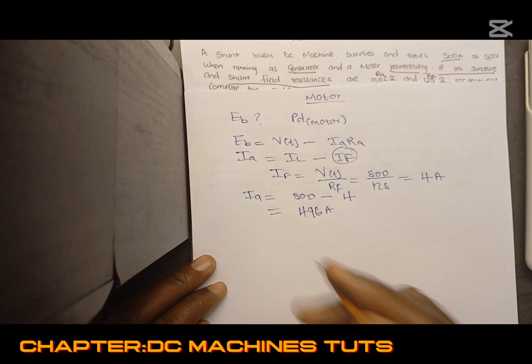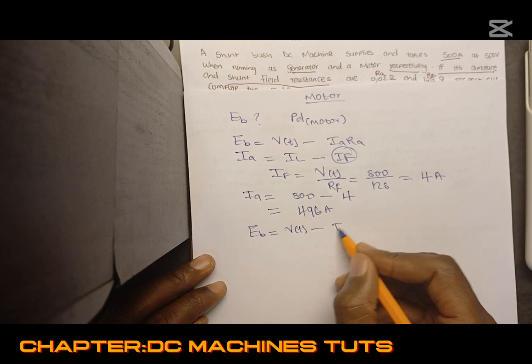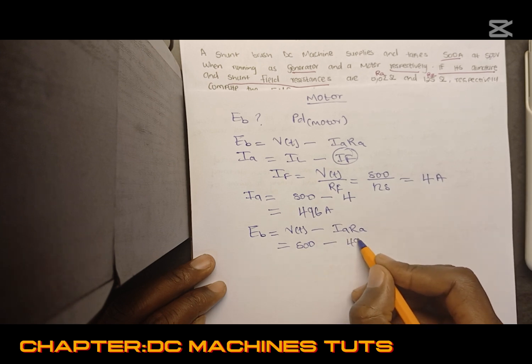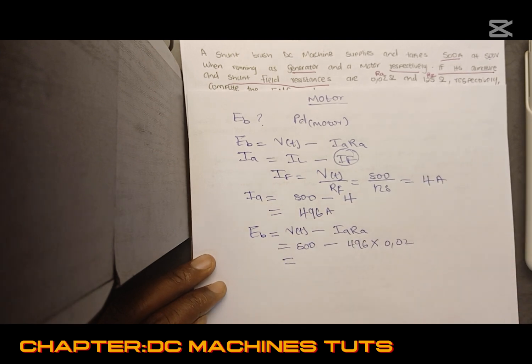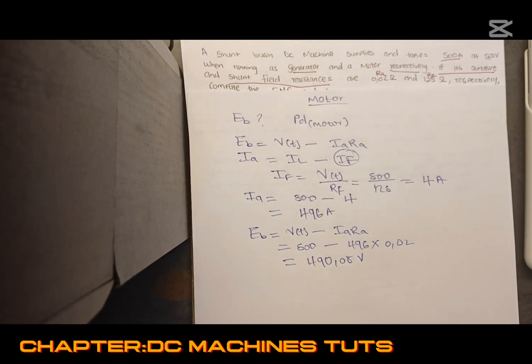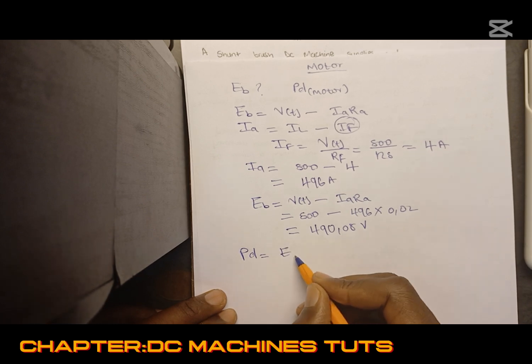496 amperes, right? Then we're going to find our counter EMF or back EMF, which is equal to terminal voltage minus armature drop. Then it's 500 minus 496 multiplied by 0.02, which is 490.08 volts, right? One thing you should know about the motor is that the terminal voltage is always greater than the back EMF, always. But when it comes to a generator, terminal voltage is always smaller than the induced EMF. That's it, right? Then we are going to look for power developed. Power developed is equal to back EMF multiplied by